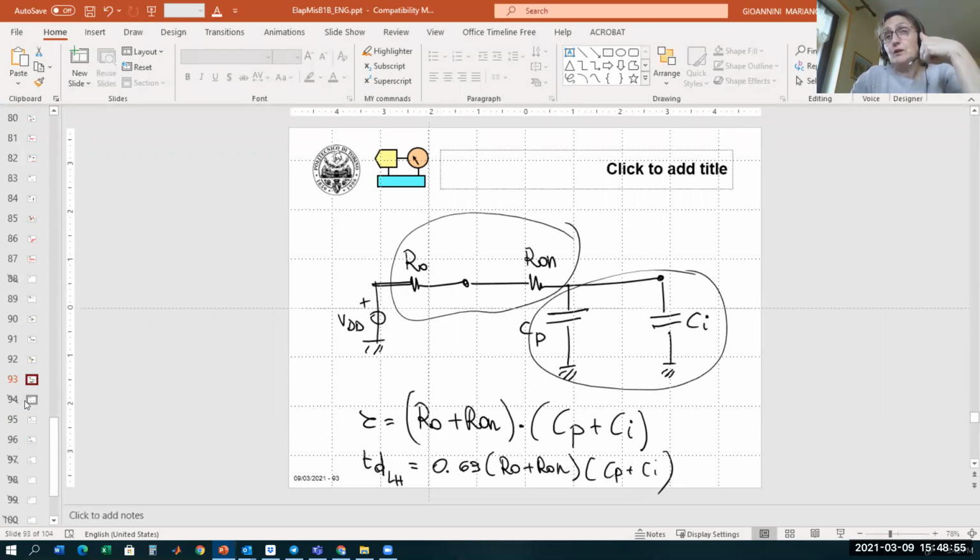A reduction of the delay means that you have to realize circuits with low output resistances and low input capacitance. And this is demanded of the technology we are using, so of the fabrication of the MOS. Okay, this is one possibility. The other possibility,